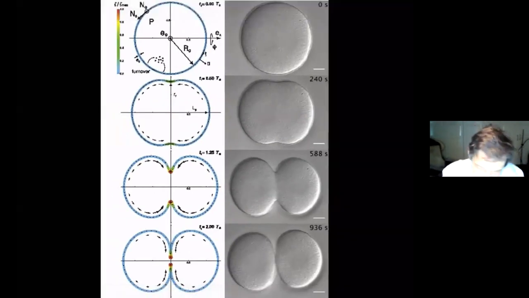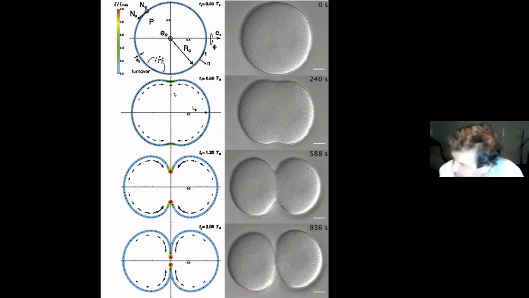So this is a big egg. It's a sea urchin egg. Just before cytokinesis, it's spherical. It's spherical because this cell has a tension, and the tension forces a minimal area for a given volume. The minimal area is a sphere. And then you see that it starts to separate into two, and the way it does it is there is a region here where it's pinched, and it takes this peanut shape, and then there is a ring, which is a ring of actin, that pinches the cell in the middle, and you see the ring decreasing, decreasing, decreasing, and at the end, the cell separates into two parts.